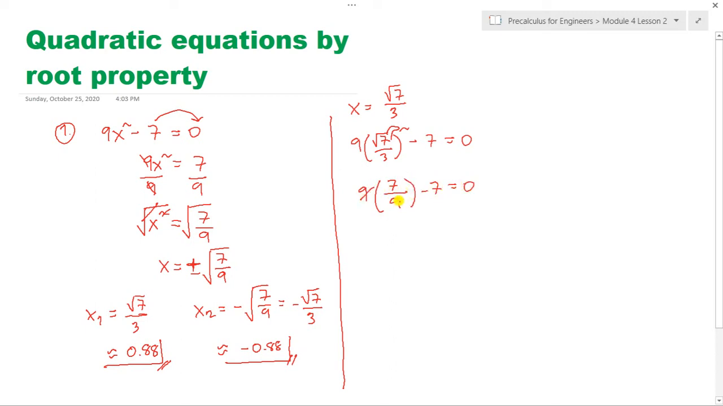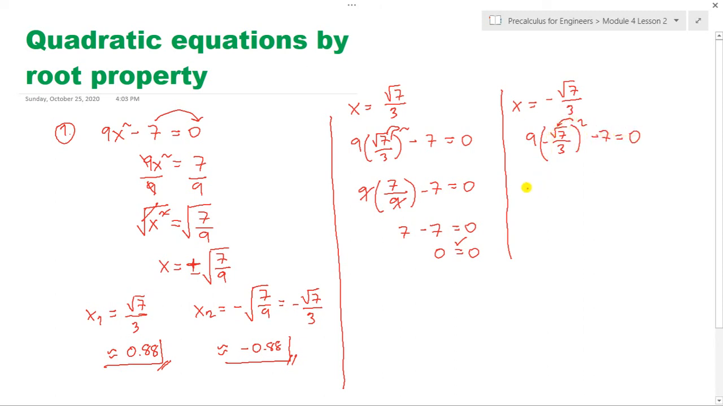So here 9 can be cancelled out, so we now have 7 minus 7 is equal to 0. So therefore this is 0 equals to 0. So our first solution is correct. How about the second, which is negative square root of 7 all over 3? So here we have 9 times square root of 7 all over 3, negative pala ito, then squared, minus 7 is equal to 0. Now if we distribute this, of course,